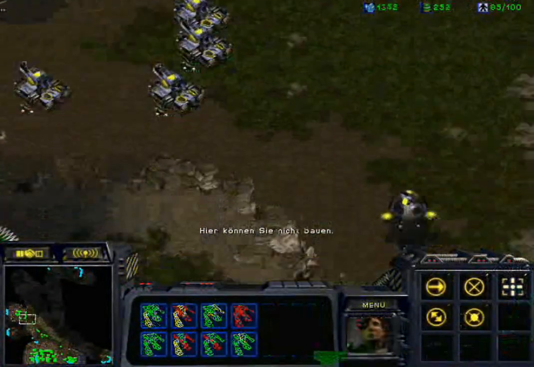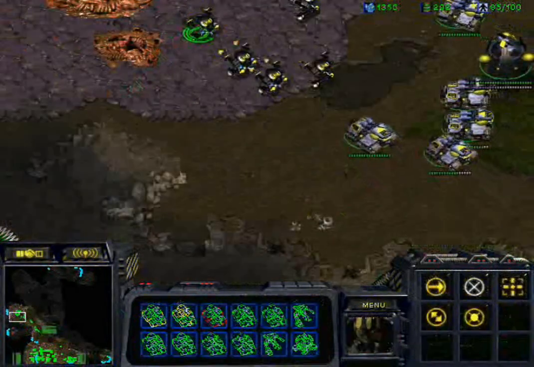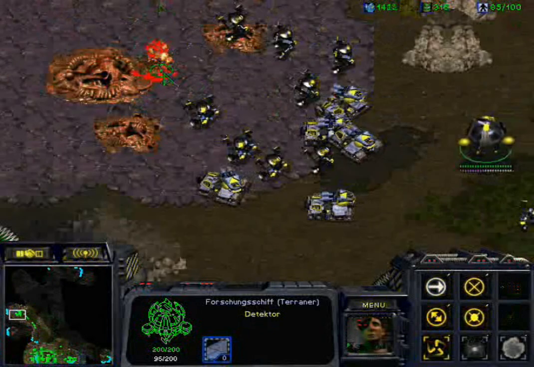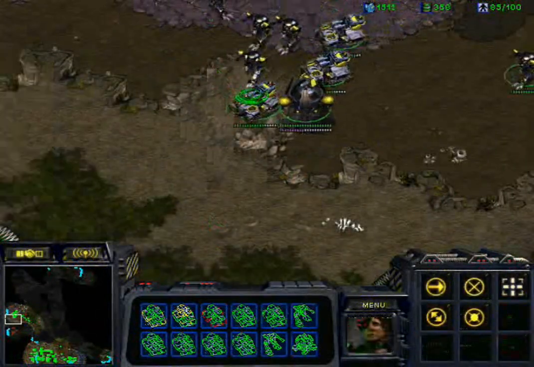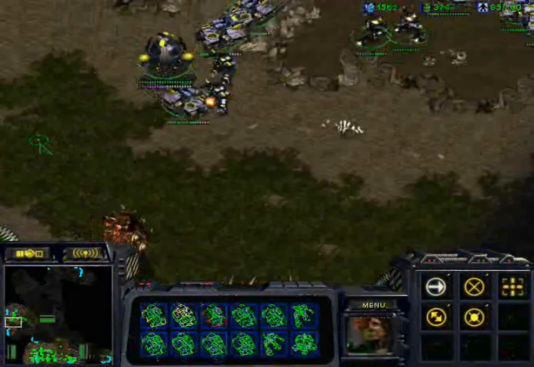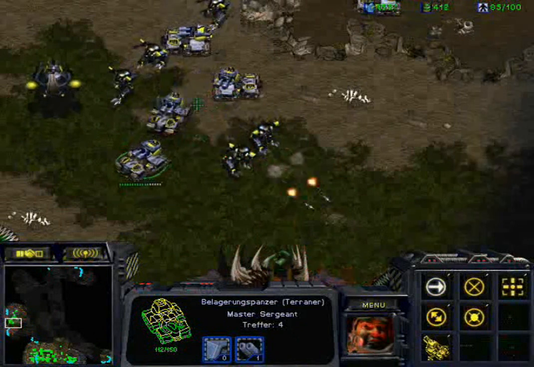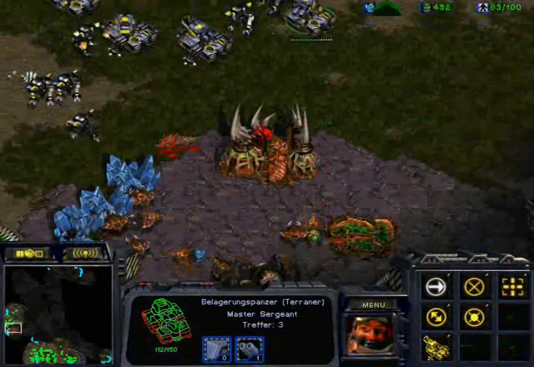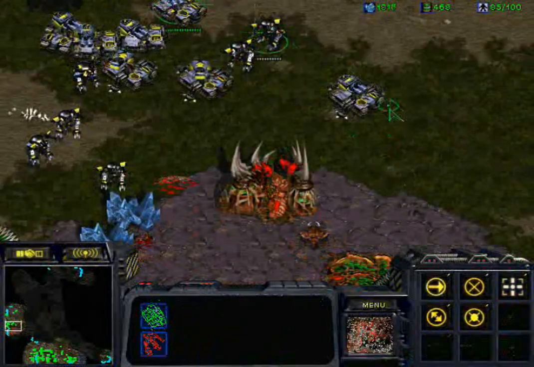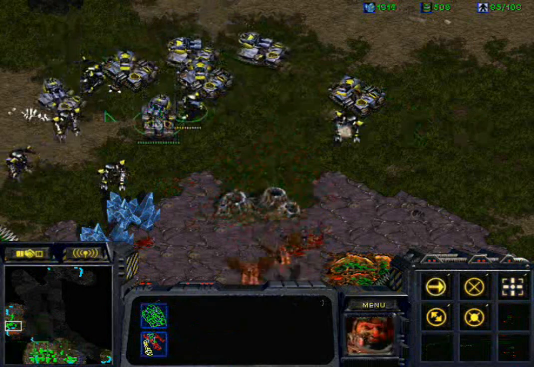Yeah, and if you do this build, you will lack gas most of the time. So build many Goliaths, or if you have really no gas, you build vultures and tanks. And many factories without the add-on building, because you just can't afford to build so many tanks, because you don't have enough gas